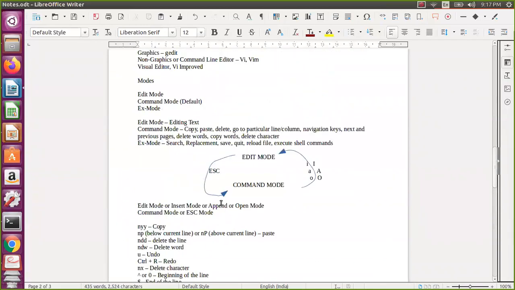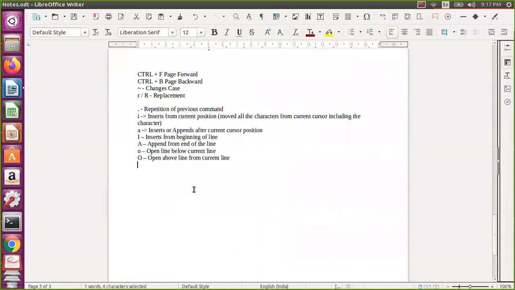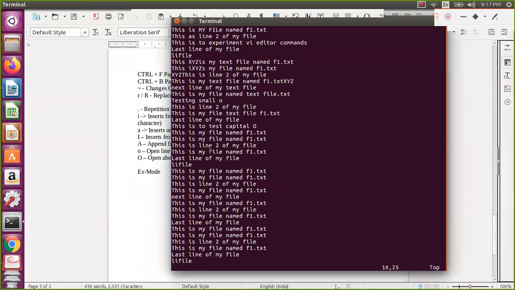Now let us move to the ex mode actually. Okay, so ex mode is, as we discussed, multiple things like save. I want to save, so let us assume now I have Control G. Okay, so now I want to save this particular file. If you see this one, it is modified. So you want to save.